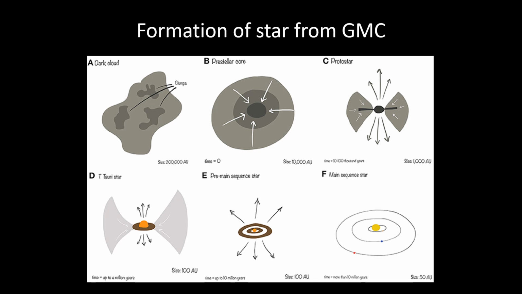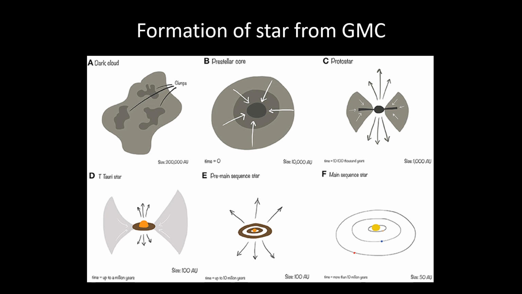Now, moving towards stage C, which is protostar. When the pre-stellar core collapses in itself, a protostar forms at the center. A protostar is a very young star that is still gathering mass from its parent molecular cloud, and it is the earliest phase. This phase begins when a molecular cloud fragment first collapses under the force of its own gravity and becomes opaque. It ends when the infalling gas is depleted.